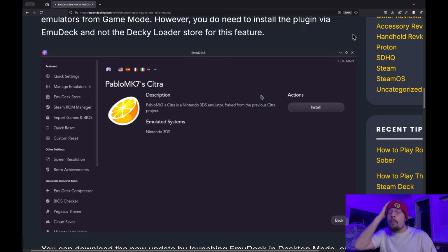So we lost Citra, and it hasn't been updated since it got shut down. Now, that's unfortunate, but whenever an emulator gets shut down or taken down for one reason or another, you know that people are going to take it upon themselves to take that open source code and develop their own version of the emulator. So what happened with Yuzu was, mainly the reason why Yuzu and Citra got shut down was